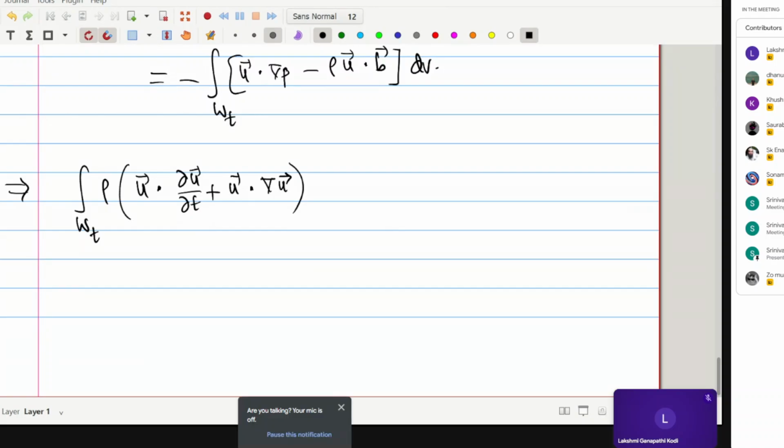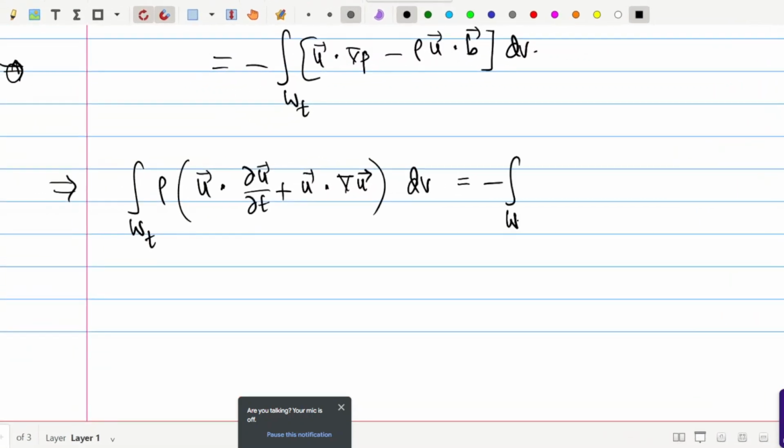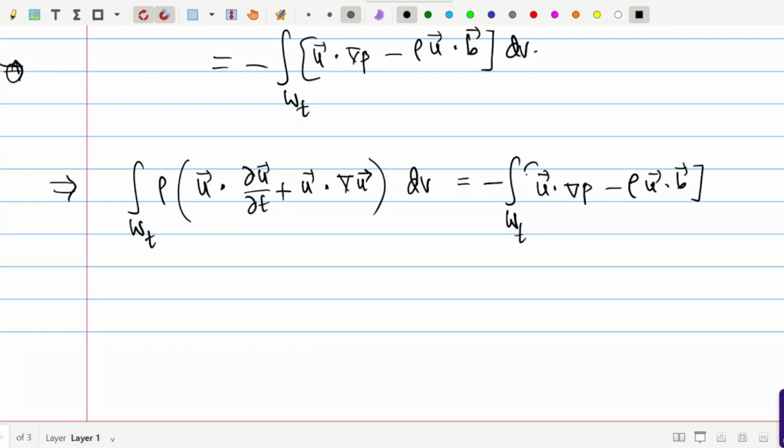So this is your dV equal to, on the right hand side you have WT, U dot grad P minus rho U dot B, dV. What you can conclude? This is the equation of continuity. This is true for every WT subset of R3. That implies this is equal to this one, right? So this implies rho into,